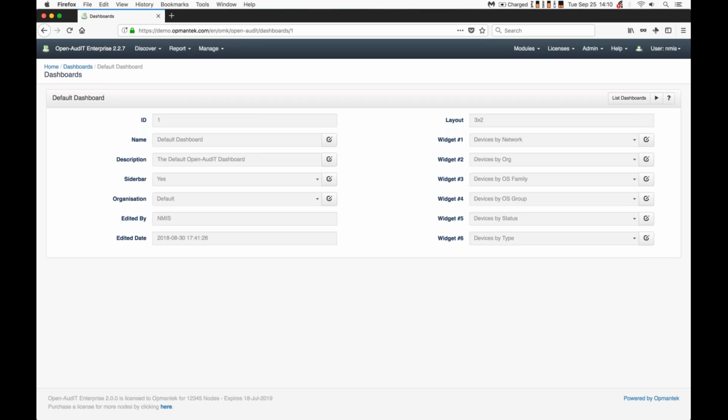So that being said, what we're looking at now is the default dashboard layout. So you'll notice over on the left-hand column, we define the name of the dashboard. So this is what's going to be displayed in that drop-down list. You have a description of the dashboard that'll only show up on the List Dashboards pane. You have the sidebar prompt, yes or no. That's the panel that goes down the left-hand side of the